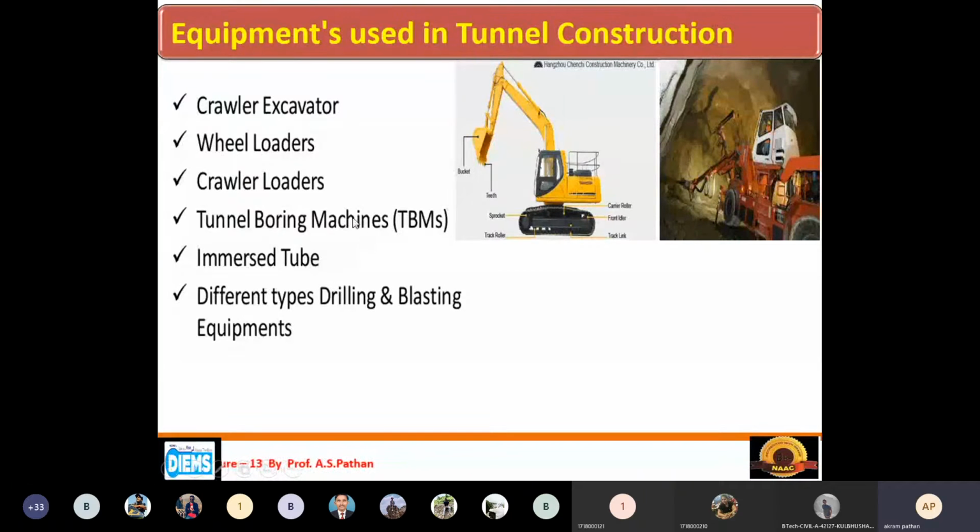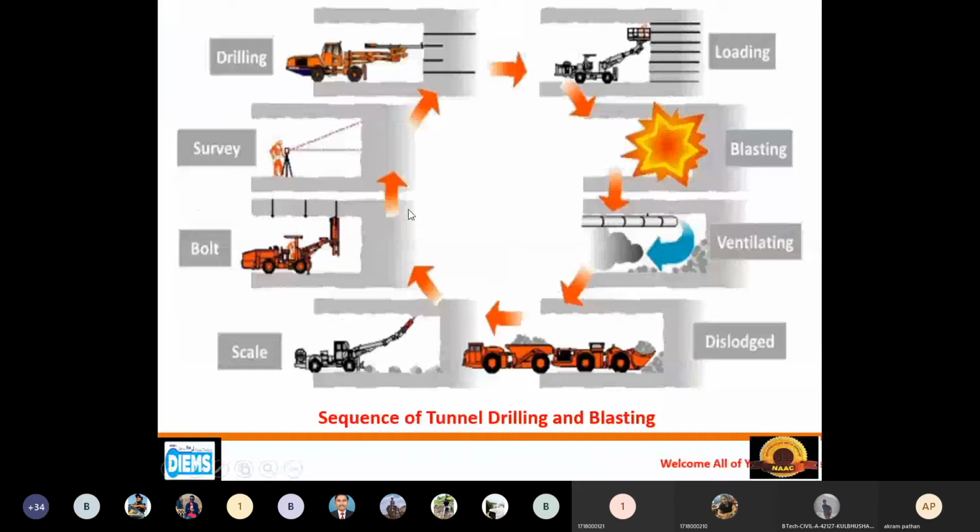So these are the major equipment used in tunnel constructions. Now, these are the sequence we have to follow for tunnel drilling and blasting.